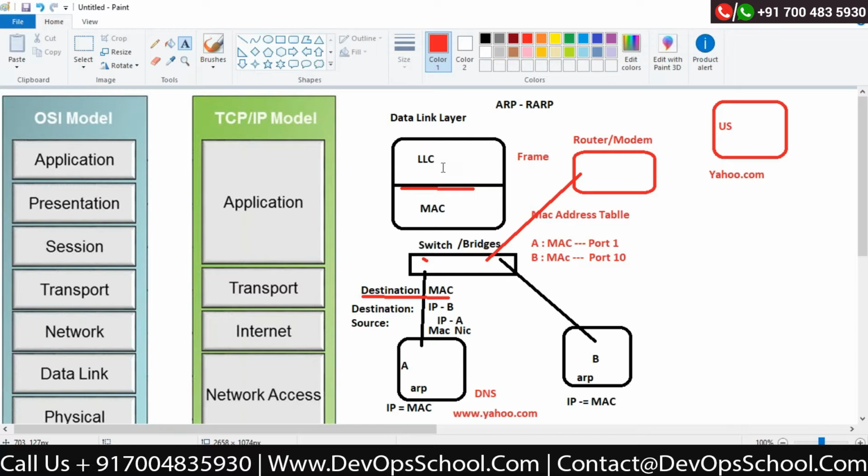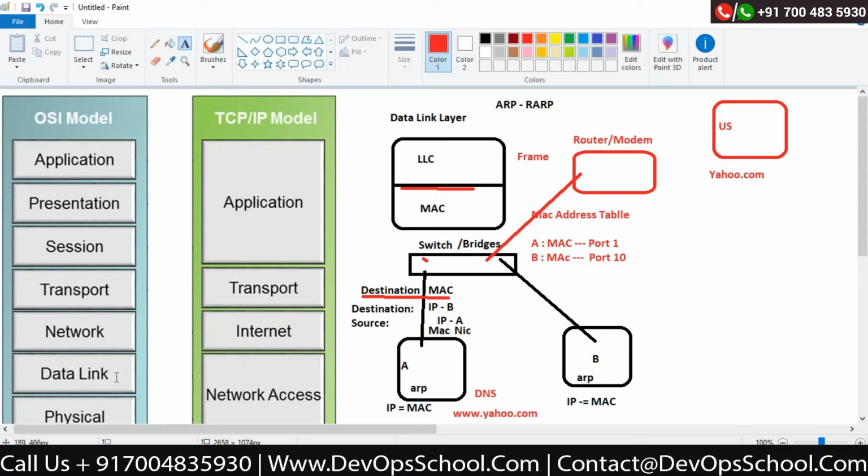The switch may come to know, I don't know, the switch does not have the MAC address of yahoo.com. Maybe the other device knows about it. The other device is a router actually. Obviously, a router knows how to reach yahoo.com, but the switch does not, because the switch does not know IP addressing. It only knows MAC addressing.